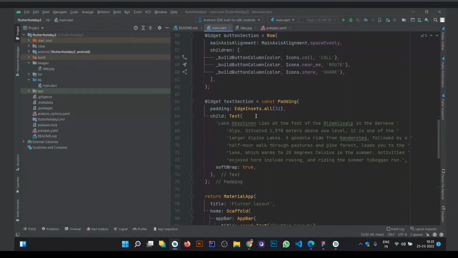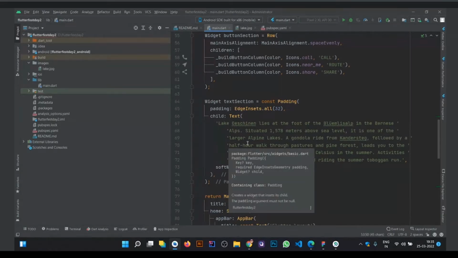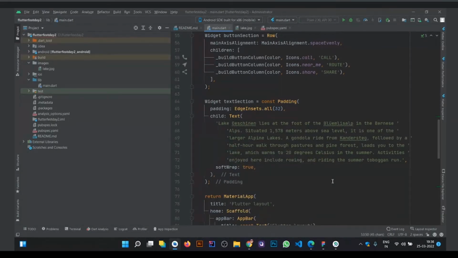Okay, so I have written padding, EdgeInsets dot all, which means it will give the padding of 32 width on all the sides, that is left, right, bottom, and up. Therefore that will be 32 width. Next, it contains a child which is of type text. So inside text, the corresponding text message is written, and up to this you have created three different modules